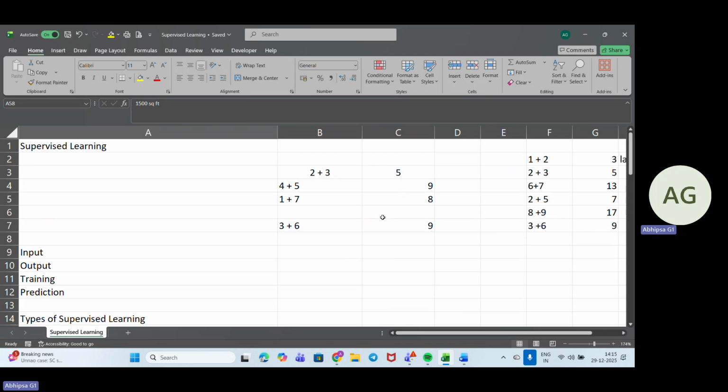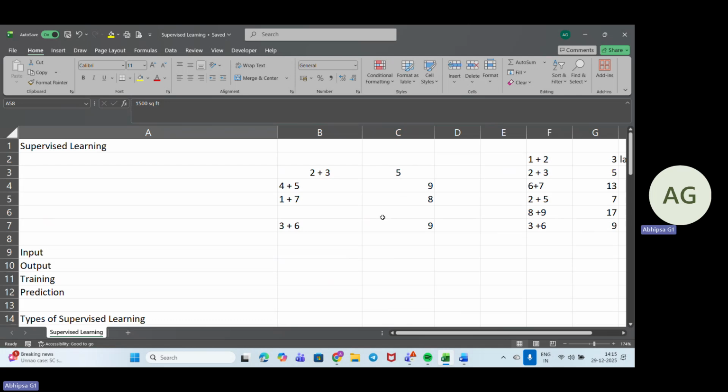So earlier we predicted the house price using only one thing, that is the house size, right? But in real life, house price doesn't only depend on the size of the house. There are other factors as well that affect the house price. The size of the house is a major criterion. Coming down, how many rooms or bedrooms are there inside the house, what is the location, what is the distance from the school,